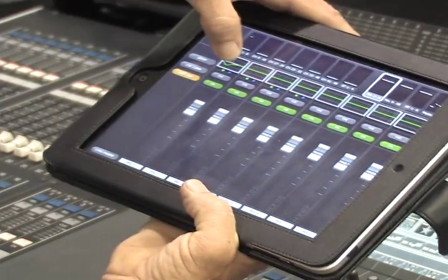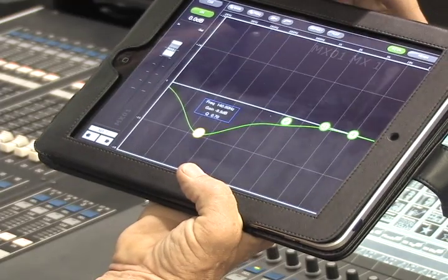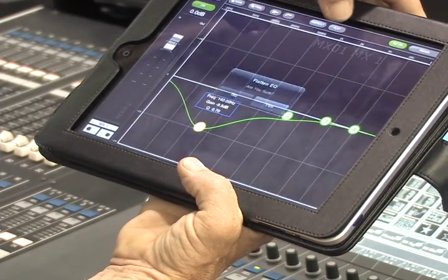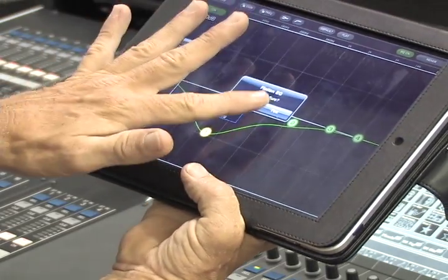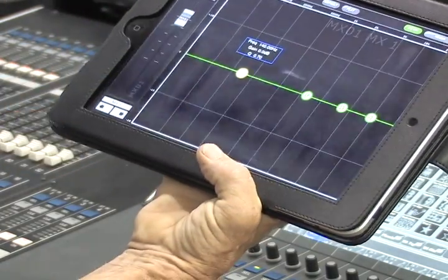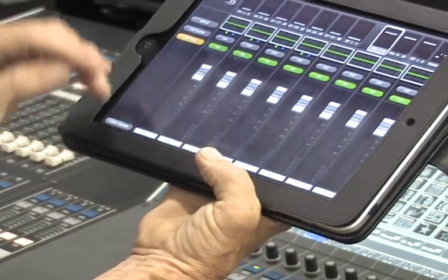Now I have played with this before, so while I'm at it, I'm going to go to the EQ and I'm going to flatten. Flatten EQ, are you sure? I say yes, and boof, it goes right back. So going back to the mixer,